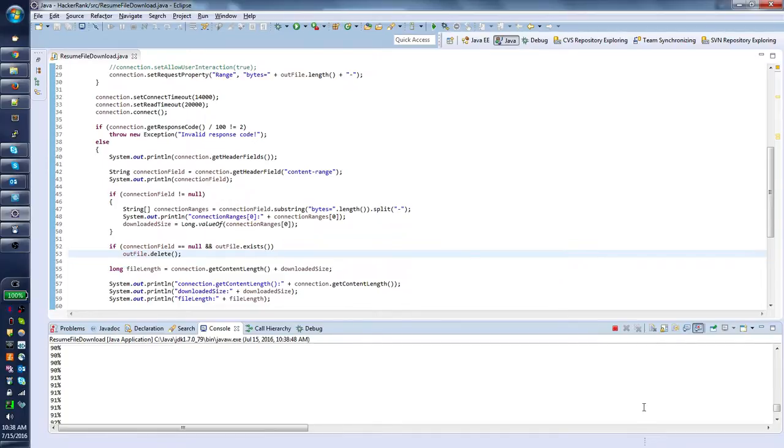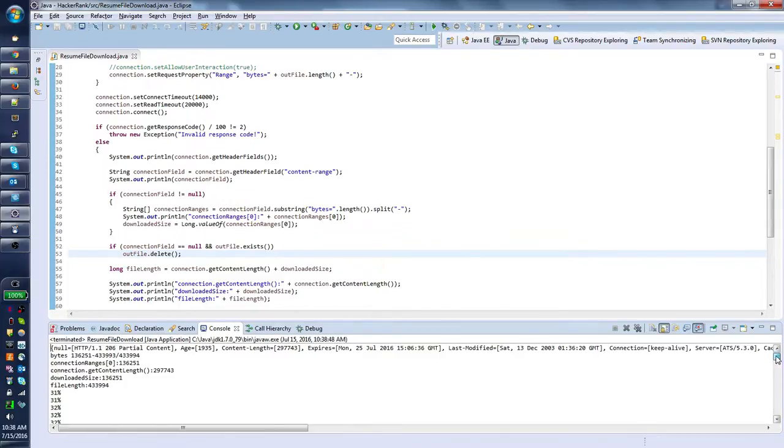So as you can see, it resumed at 30+%. As you can see, the byte range, yeah, 136 to 51. So it started at 136 something to 51, and then the total size minus 1.